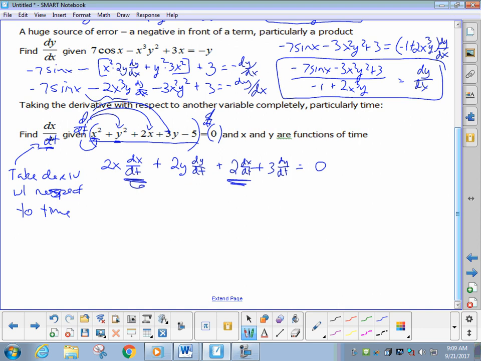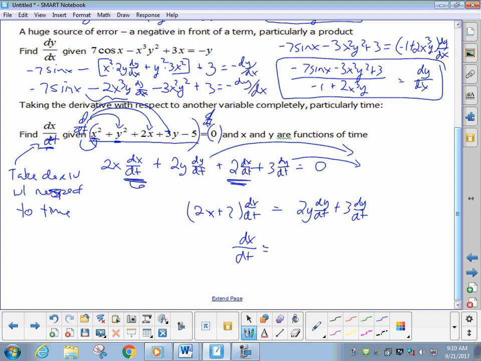Now, this is going to be different because your derivative is going to have derivatives over here with it. So that's okay. If I collect the dx/dt's, I would have 2x plus 2 of those. Everything else, I'm going to move over to the right side of the equation. So that is 2y dy/dt and 3 dy/dt, and those both have a dy/dt, so you could definitely factor out the dy/dt. You don't have to. What's important to me is that I isolate dx/dt. So it is,